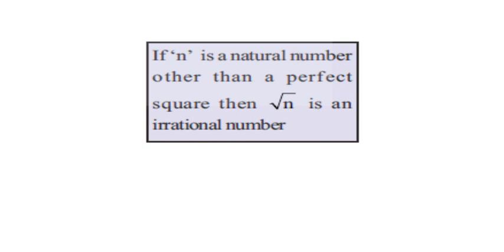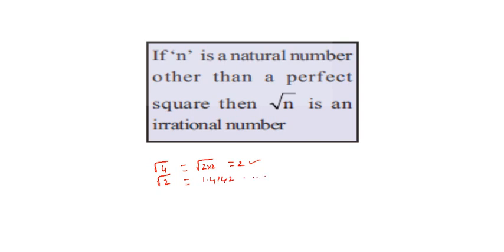When is it an irrational number? Root 4: is it an irrational number? No. Why? Because the square root of 4 is 2. So when the number under the square root symbol is a perfect square, then we get a natural number as the square root. But if it is root 2, it is not possible to get a natural number as the square root. We have already done it previously: 1.4142, etc.